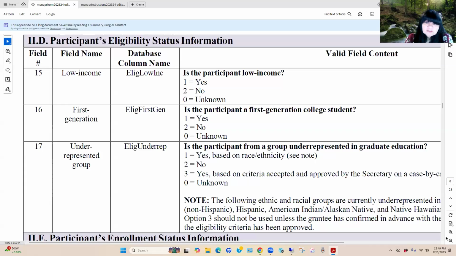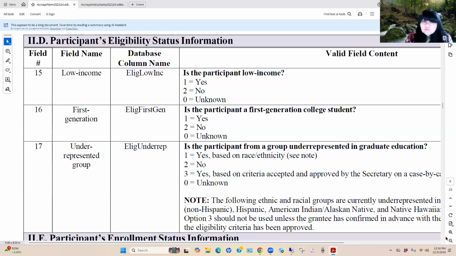So in field number 15, we'll identify whether the participant is low income. In 16, whether they are a first generation college student, and in field number 17, whether the participant is from an underrepresented group in graduate education.